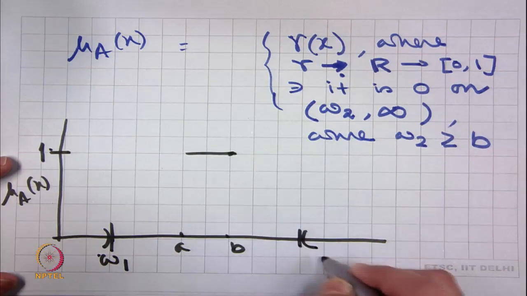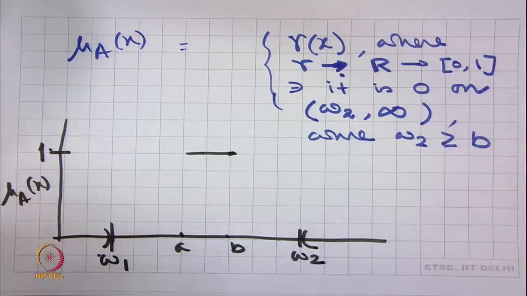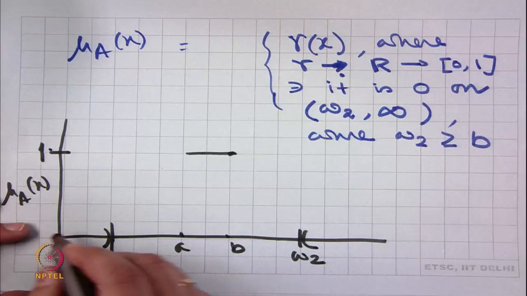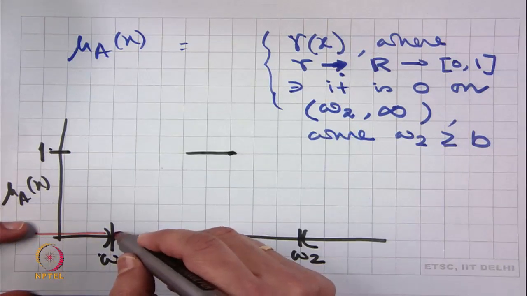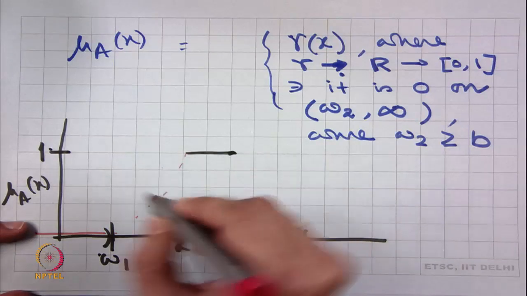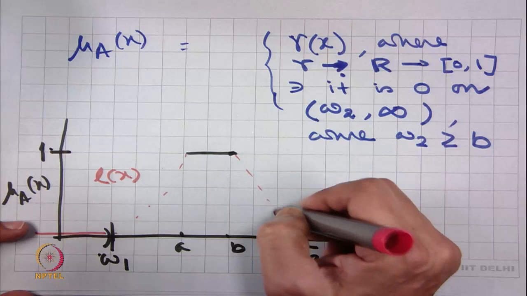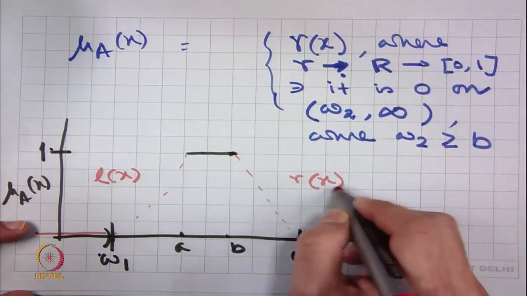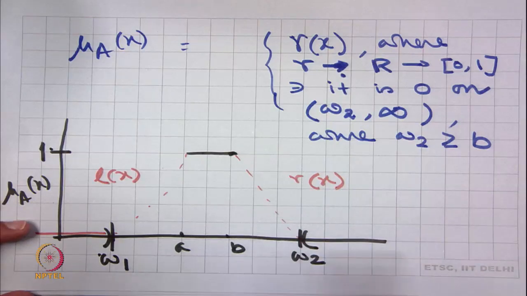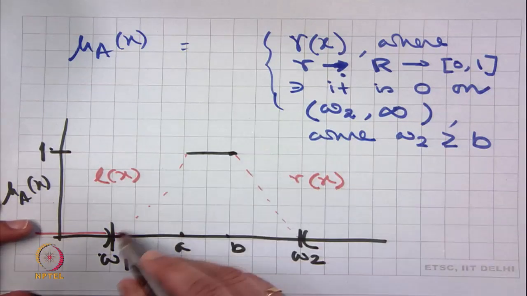There exists a W 2 such that 0 there, or in other words the mu A x will look like this: 0 from here to here, it is called L x, from here to W 2 it is R x, such that beyond W 2 it is 0, before W 1 it is 0, and in the range W 1 to A